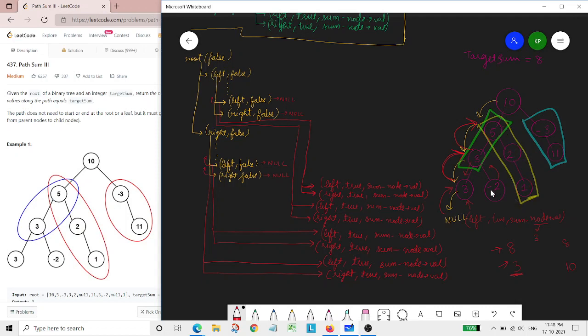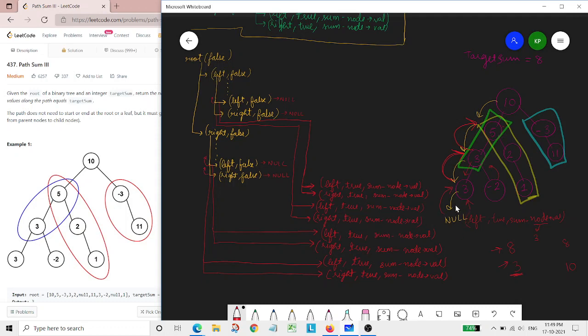Like this way only, it will check for the whole tree, and then the whole tree would be checked. Then after that, our count will be incremented. To be precise, first the whole tree would be traversed, the whole left tree, then the whole right tree, and this right subtree, and this right subtree. Whole portions would be traversed, and then it will start the backtracking portion. At that moment, these recursive calls would be made.